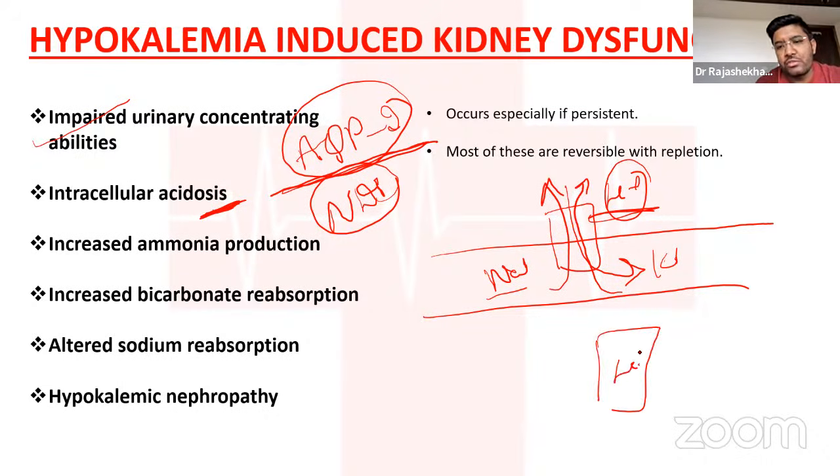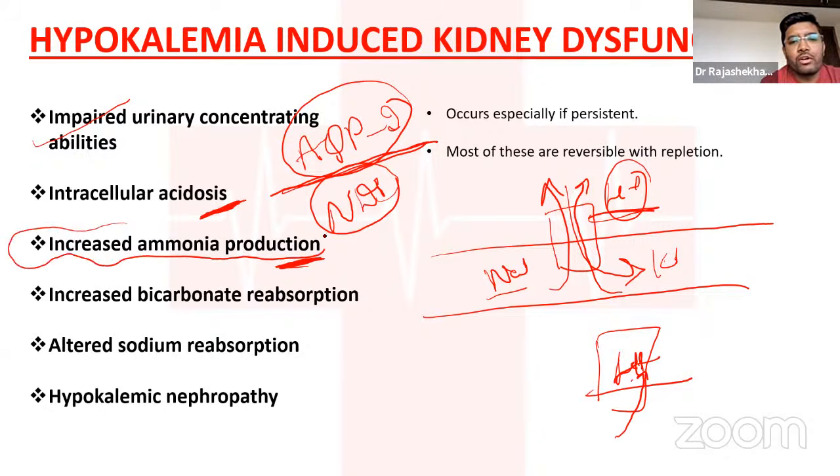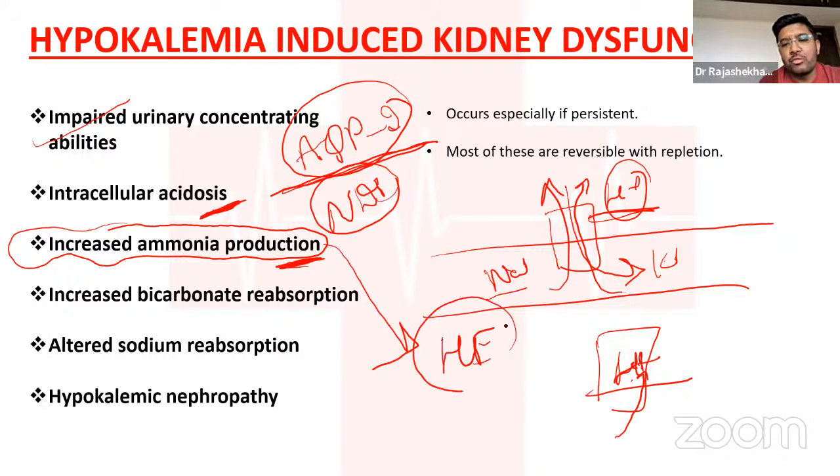So with this intracellular acidosis, to balance the acid base status, the cell can take the ammonium ion along with it in the principal cells. So this can also cause increased ammonia production in the patient with hypokalemia. This is a very, very important pathology in how hypokalemia precipitates hepatic encephalopathy in your patient. So this is a mechanism how hypokalemia can precipitate hepatic encephalopathy in a patient of uncomplicated chronic liver disease. If you read the precipitating factors for hepatic encephalopathy, hypokalemia or the electrolyte disturbances